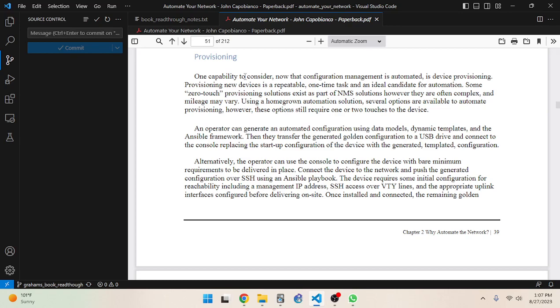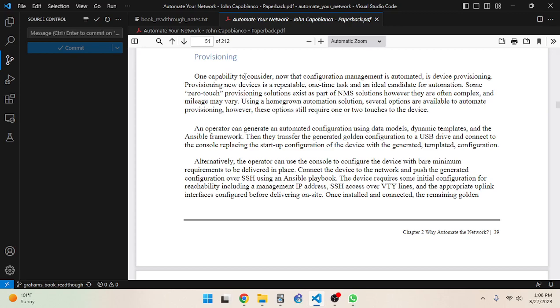That I like. Alternatively, the operator can use the console to configure the device with bare minimum requirements to be delivered in place. Connect the device to the network and push the generated configuration over SSH using an Ansible playbook.